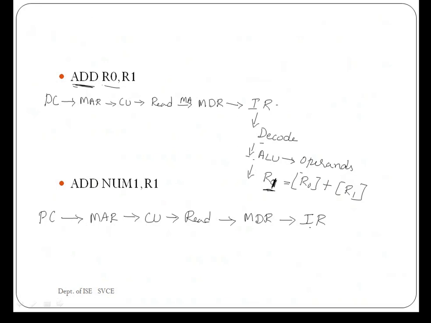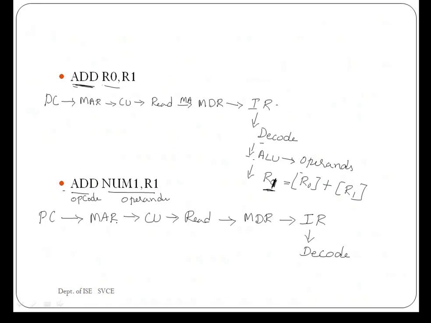Now the instruction is ready for execution. Once it is ready, it is going to perform the decode operation. The processor is going to find out what is the operation to be performed. This is called the opcode, which indicates what operation, and these two are called operands. There may be 3 operand instructions, 2 operand instructions, so that we are going to discuss further.